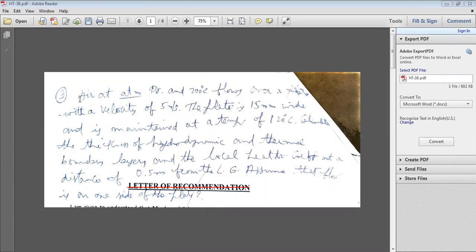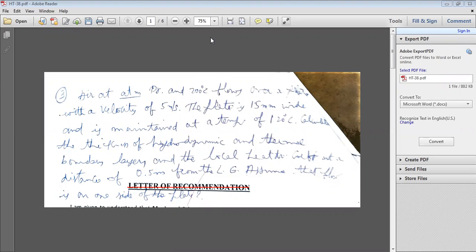Now, in continuation, the third problem: fluid flow on a flat plate under laminar flow conditions, laminar boundary layer flow. How do you verify whether the flow is laminar or not? By calculating the critical Reynolds number. What is the critical Reynolds number for a flat plate? What is the meaning of critical Reynolds number? It is the Reynolds number at which the flow changes from laminar to turbulent, or laminar to another condition. That Reynolds number is known as the critical Reynolds number.